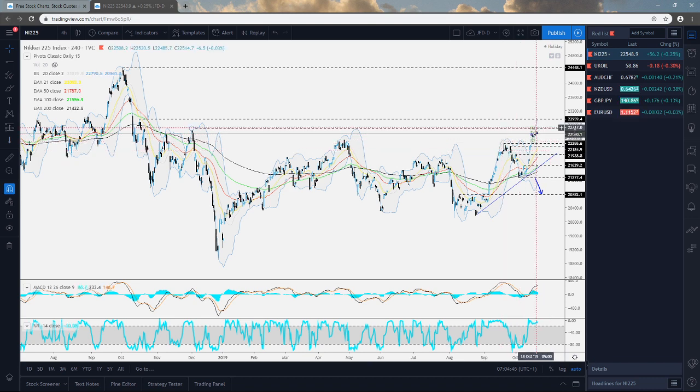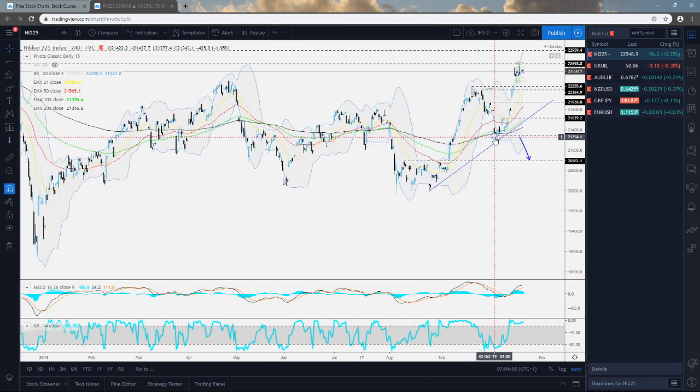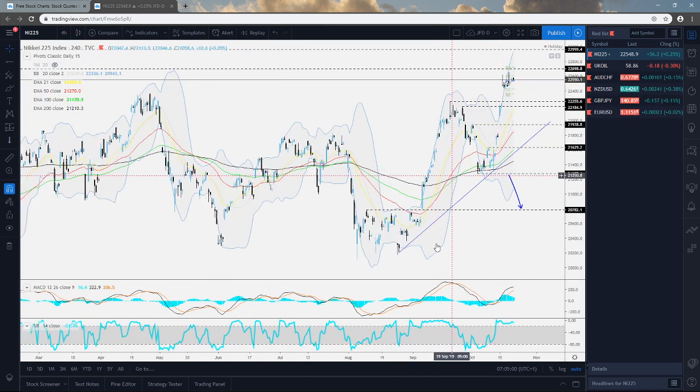But for now, we're going to aim for this 22,960 zone, or the 23,000 level in general, and then we will take it from there. If it gets held up around here somewhere, we could see a bit of a correction, because like I said, the index has been quite distanced from this short-term tentative upside line. In a way, a bit of correction could be possible, but for now, it would be difficult to talk about that correction unless we see a drop